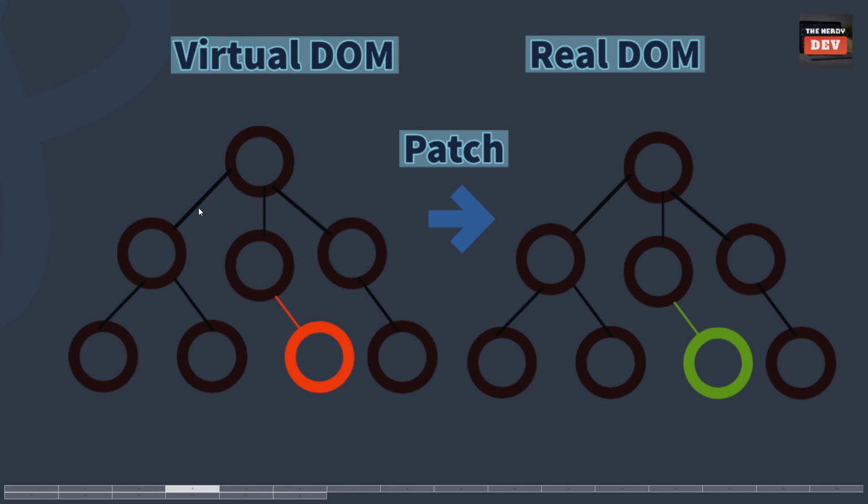Once this is done, React then figures out the most efficient way to update the UI to match the most recent tree changes. This is when React updates its virtual DOM first and then reflects the changes in the real DOM. So if one of the elements gets changed, then the changes are first reflected in the virtual DOM and then patched into the real DOM. This also ensures that there are minimal operations on the real DOM, thus reducing the performance cost of updating the real DOM.